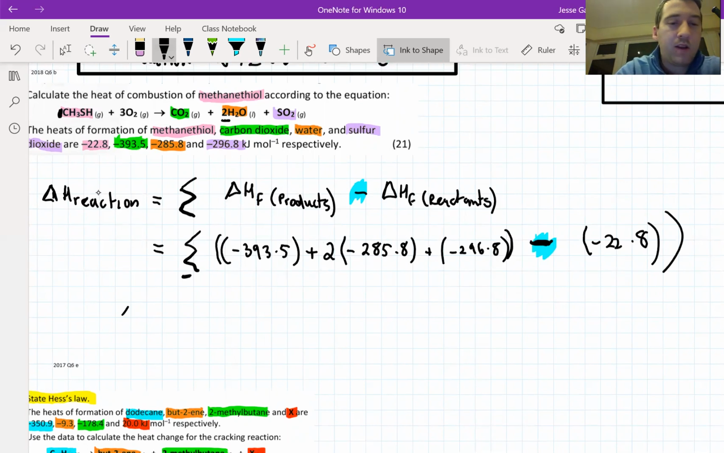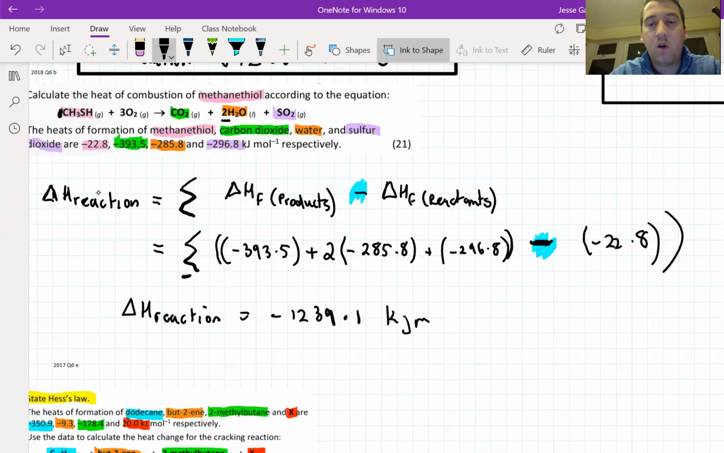Okay, so I'm hoping that you got a delta H for the reaction. You put it in your calculator, equal to minus 1239.1 kilojoules mole to the minus 1. So kilojoules for every mole. And what that basically means is for every 1 mole of this stuff that we burn, we release this much